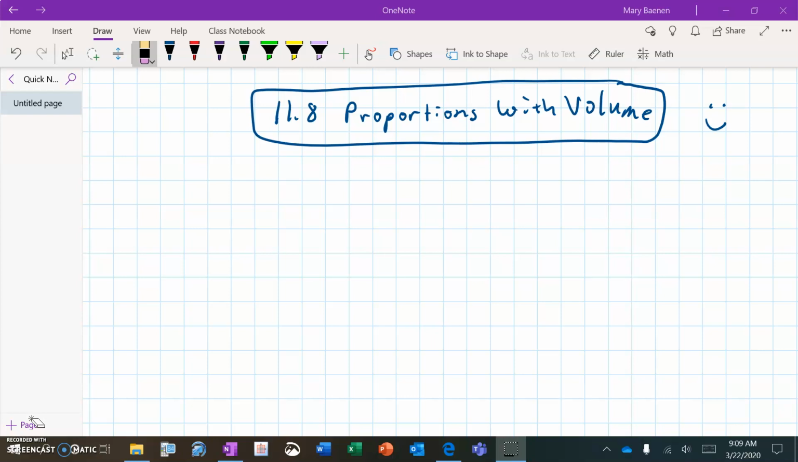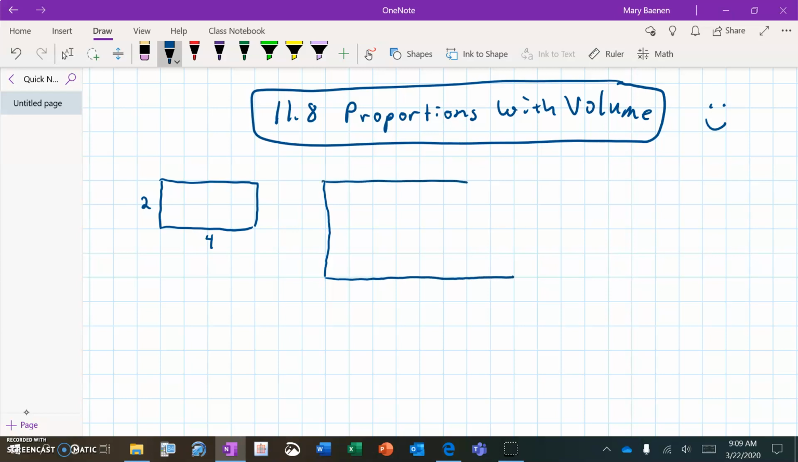Before I start the new lesson, proportions with volume, I'm going to talk about proportions with area, which we did back in the area chapter. So back in the area chapter, let me get a pen here. We said if I have a rectangle that is 2 by 4, and if I double each side, so the 2 becomes a 4, and the 4 becomes 8,